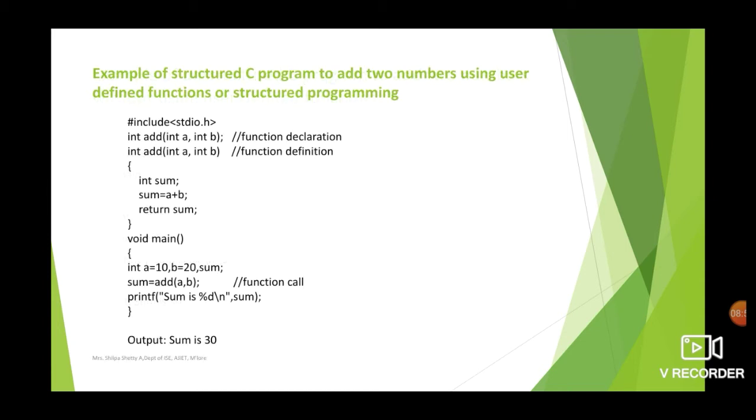So here is an example of structured C programming to add two numbers using a user-defined function. When we say structured programming, we use user-defined functions. Now let us see how the previous add program can be written using functions. If you observe this program, the length may appear a little larger compared to the previous one, because the program is very small. In small programs it is advised to write structured programs, but when the length of the program increases, you will realize that writing a structured program will be beneficial for you.